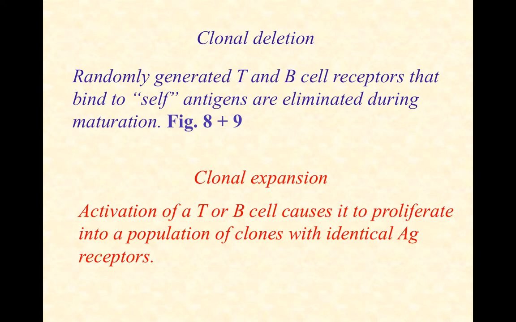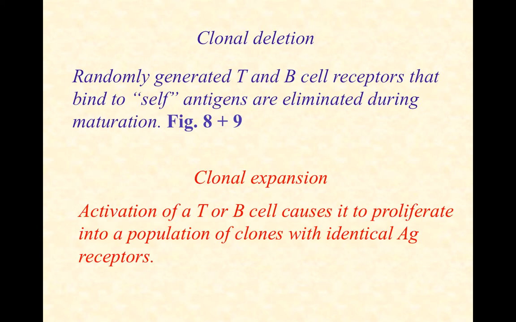When it does recognize an antigen in a lymphoid organ, this usually happens in something like one of your lymph nodes, it's going to activate, and that means it's going to grow. It's going to divide by mitosis and make lots more of exactly the same T cell or B cell with exactly the same